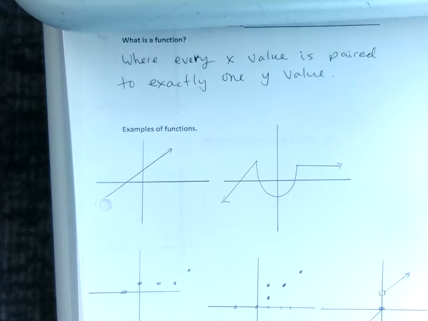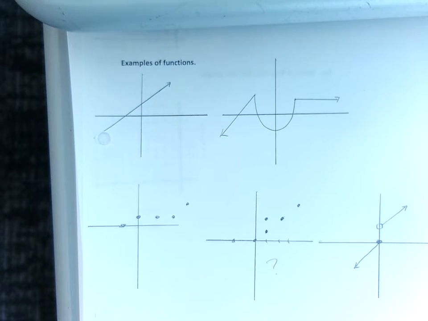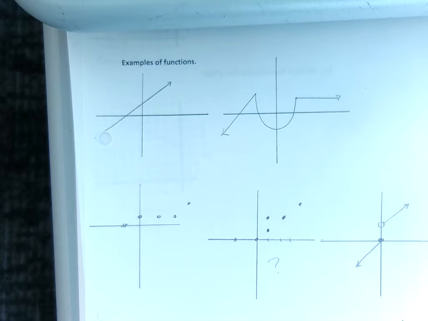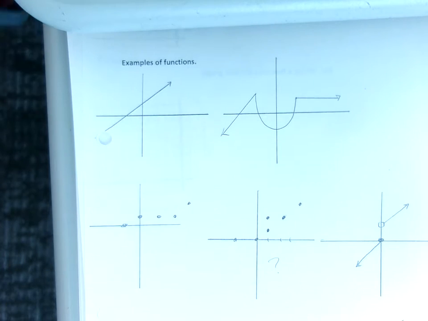So if I look at these 5 examples, one of these is not a function. Okay? One of these 5 is not a function. Which one is it? The one that looks like the true. That one right there, the one with the question mark, right? And the reason this one's not a function is because this x value here,